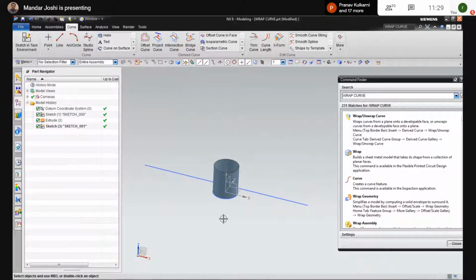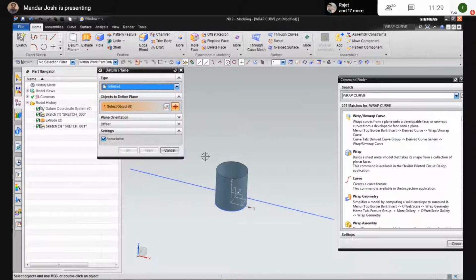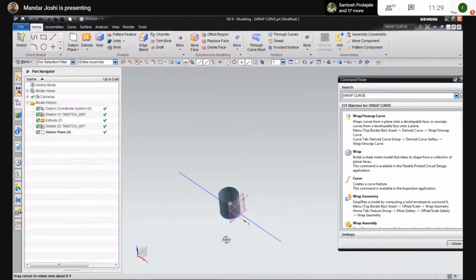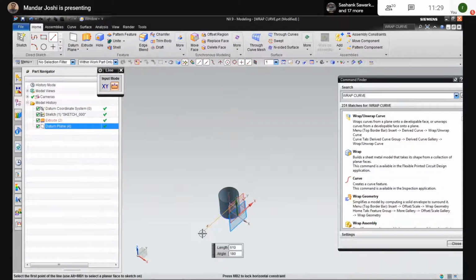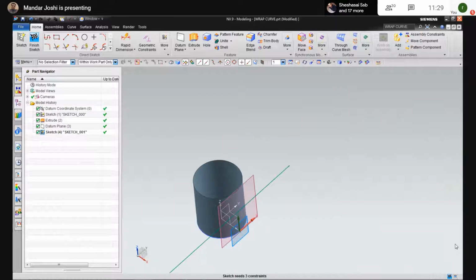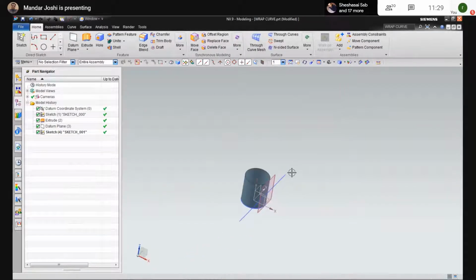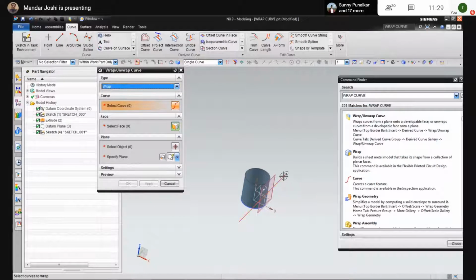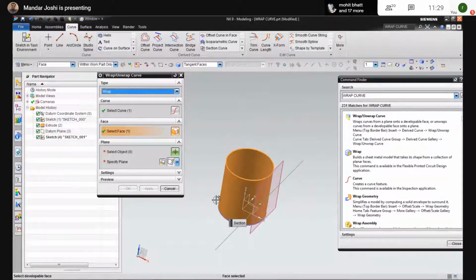Just a minute, the plane is not tangent. I generate a tangent plane. Now on that tangent plane, I generate the curve. Select this curve, select the face, and this is the plane.